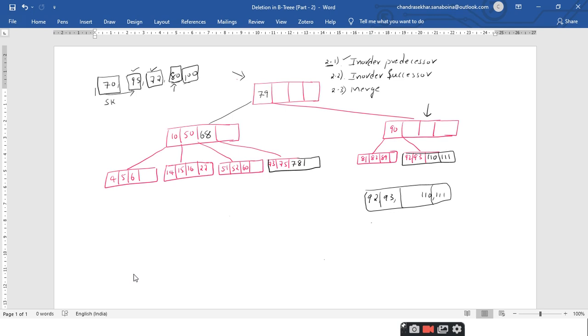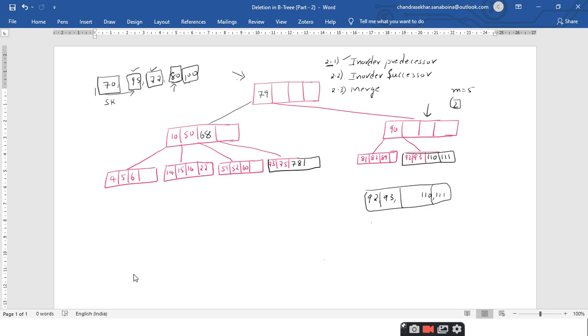But this 90 is an internal node, and it is having only a single key. But according to the properties of B trees, since this order I have taken as 5, it should have the minimum keys as 2, right? So in such case, what you have to do? Borrowing from immediate sibling. Super, right?